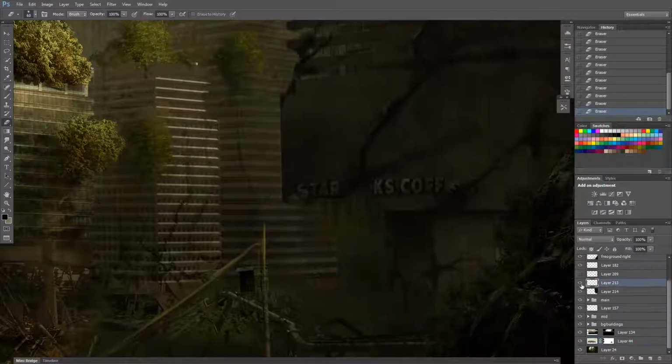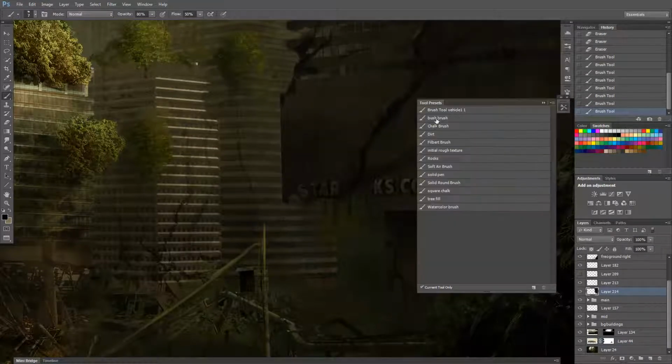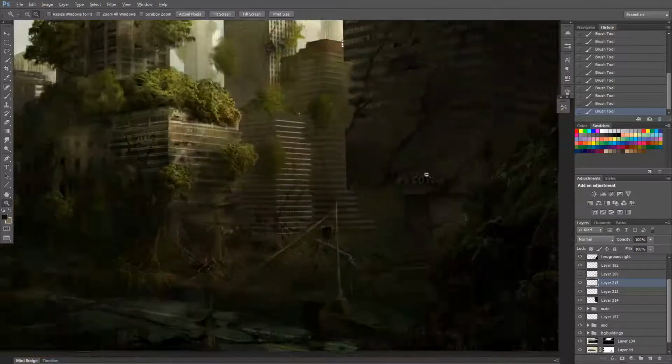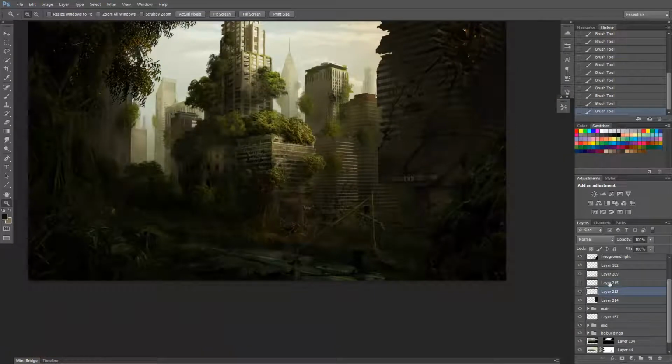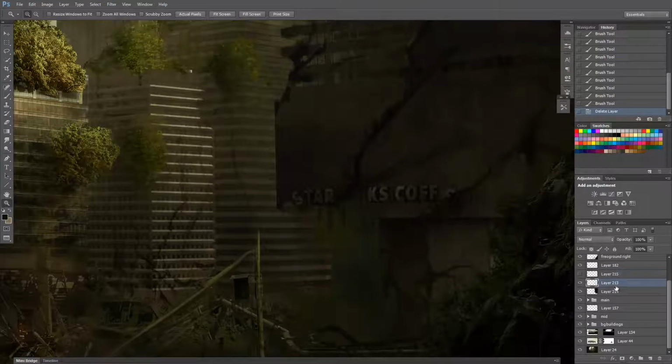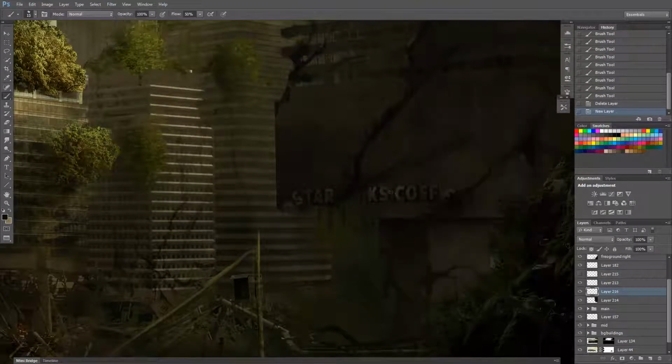Just going to clean up the background a little bit. So just do some details over the Starbucks sign, and I paint a little bit of thickness, a little bit of the bevel for the sign, so it doesn't look like it's made out of paper and just stuck on the building. So check back and forth with the original photos,